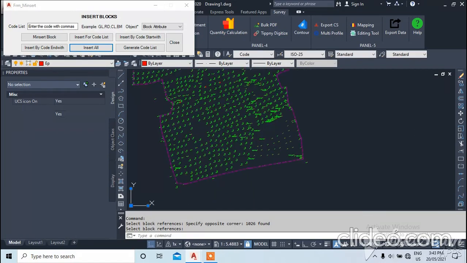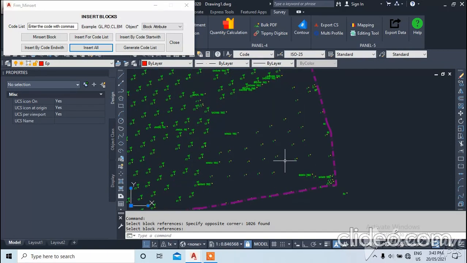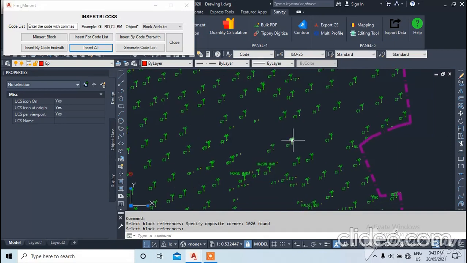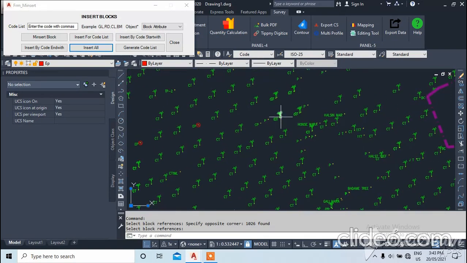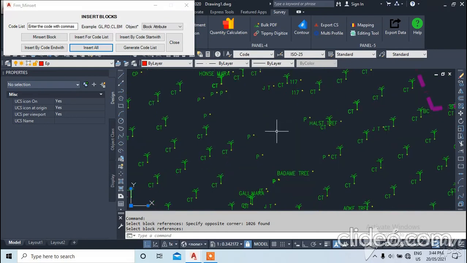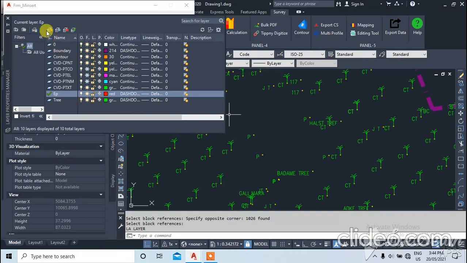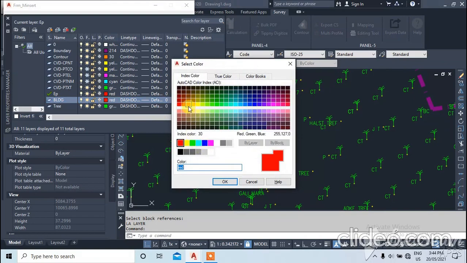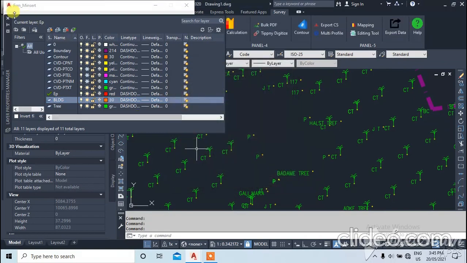So next we will move to digitizing some buildings, well components and other structures. For building, I will create a layer, building. Shortcut I will put it BLDG. Color 30 I will use.